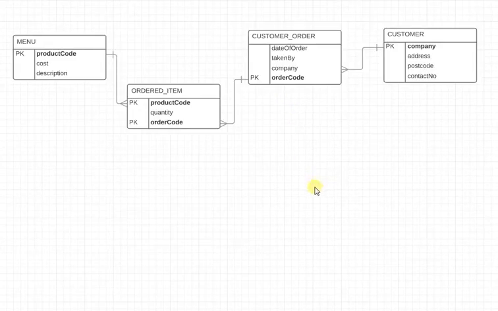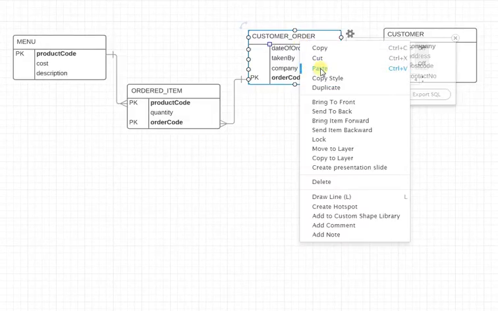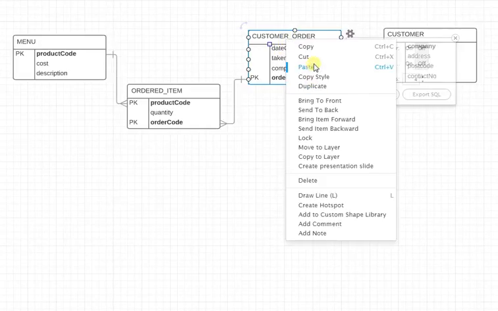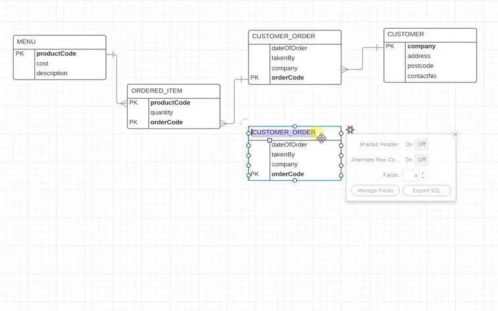Now the other thing we need to think about is everything in here reliant upon that? So here, taken by, for example, that's not necessarily to do with the order, but it's to do with members of staff. So taken by, that attribute really, okay, it's to do with the order, but it's not dependent upon the order, it's dependent upon the member of staff. So I think what we should do there is we should create a new table for staff. Okay, sorry, I should do that, shouldn't I? So I'm going to create a new table for staff,